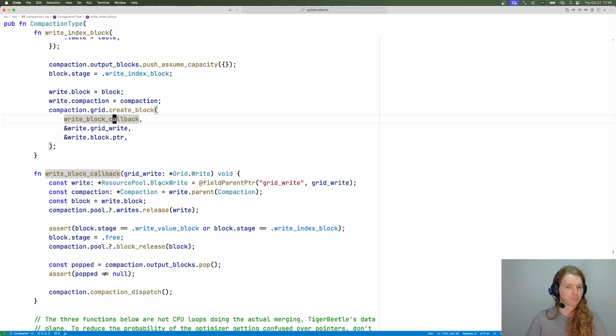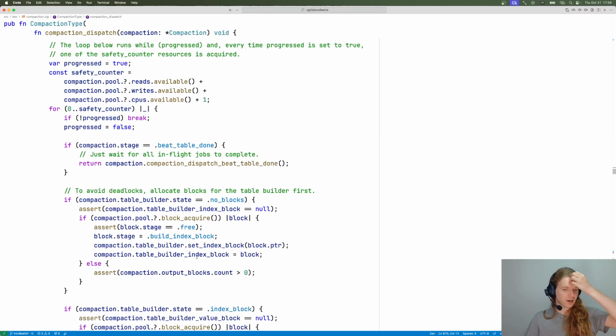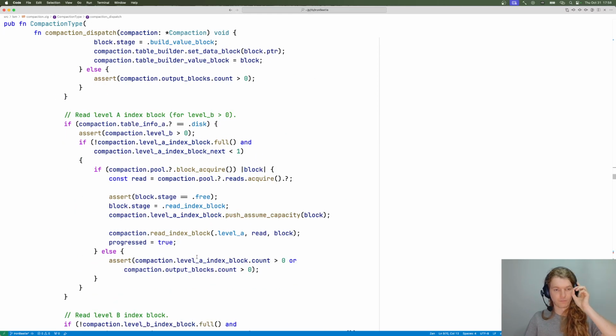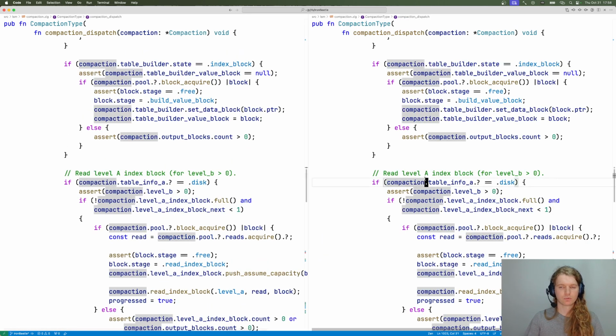And then in the write block, we free the block, release the block, and go back to our compaction dispatch. Okay, so now, this is not all of it, but most of it. So let's go back to